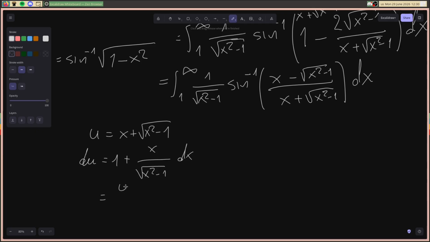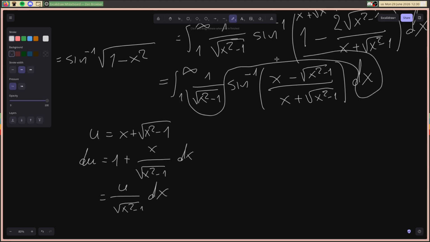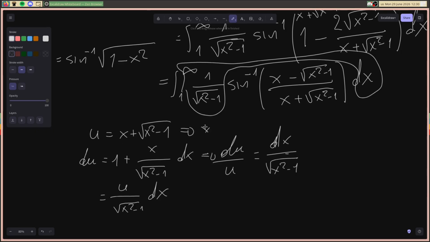Because then you get u over square root of x squared minus 1 dx, and we have a square root of x, 1 over square root of x squared minus 1 dx. So we end up with du over u is equal to 1 over dx over square root of x squared minus 1. And now we need to write x minus this. So to do that, we need to solve for x here,